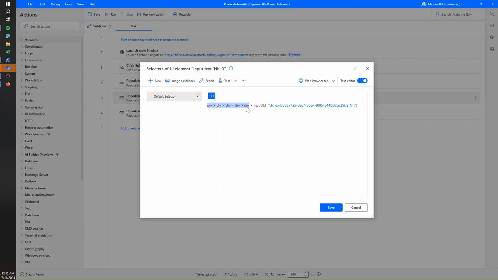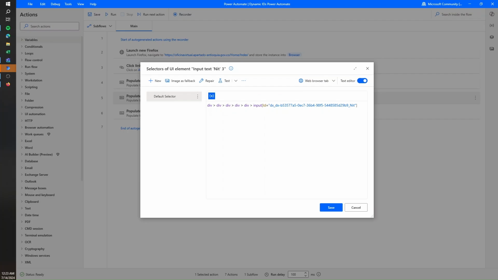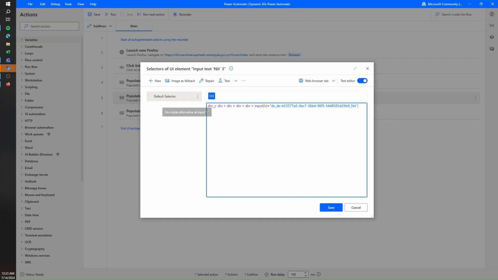So I am going to enable the text editor, and here I can add custom attributes. And this is, for example, when Googling your problem and finding how a jQuery selector works is very useful, because here you can add your custom selectors or your custom configuration that in the regular interface you won't be able to add. So let's go here, and we know that we want to find the first div that has this specific text. So I'm gonna copy this text, go back to Power Automate, and then write